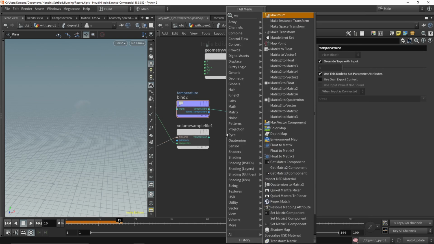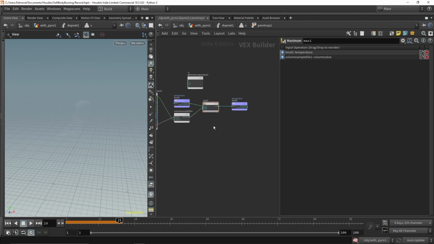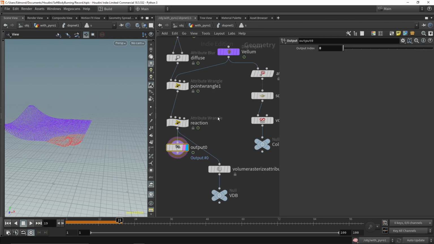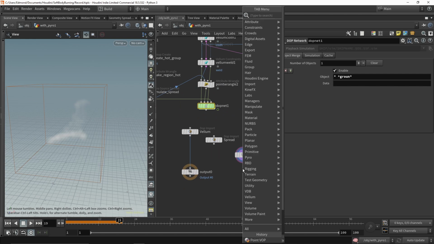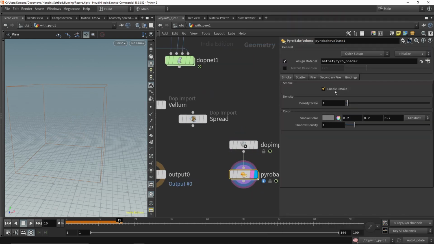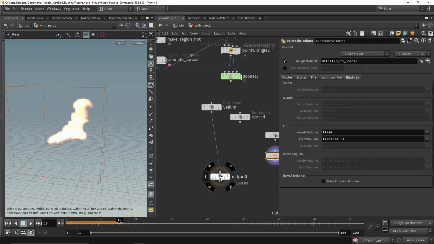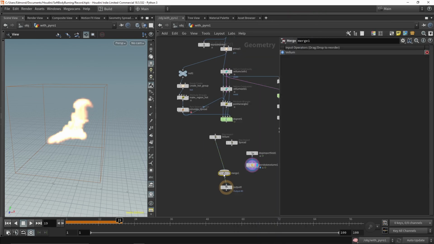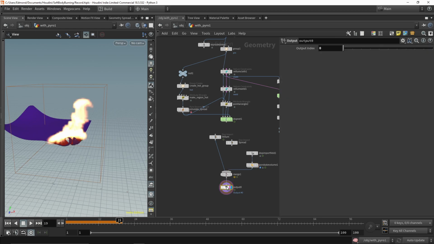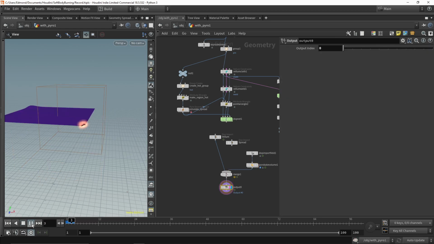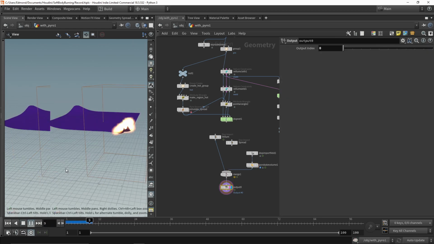So now the pyro spread is spreading fire on the pyro spread points, and if you're using pyro sparse and you're kind of missing the fact that the flame can spread inside the simulation, it's a good idea to do it this way. What you want to render at the end is probably the vellum and the pyro fields.